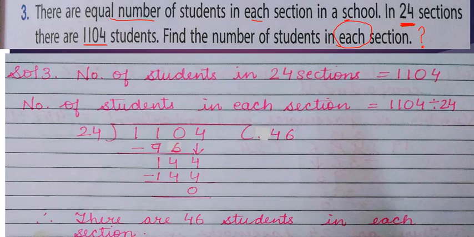Okay, you will simply write number of students in 24 sections, number of students in each section, big number divided by small number, and division also. Okay, let's do a little bit of the beginning of this. Like you have to look at the table of 2, because you are not going to write the 24 table. You will say, ma'am, we don't remember the 24 table. So for that I have guided you.